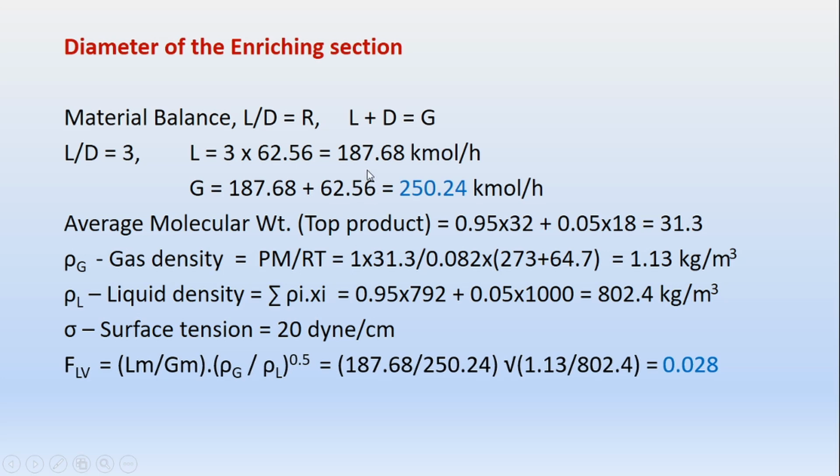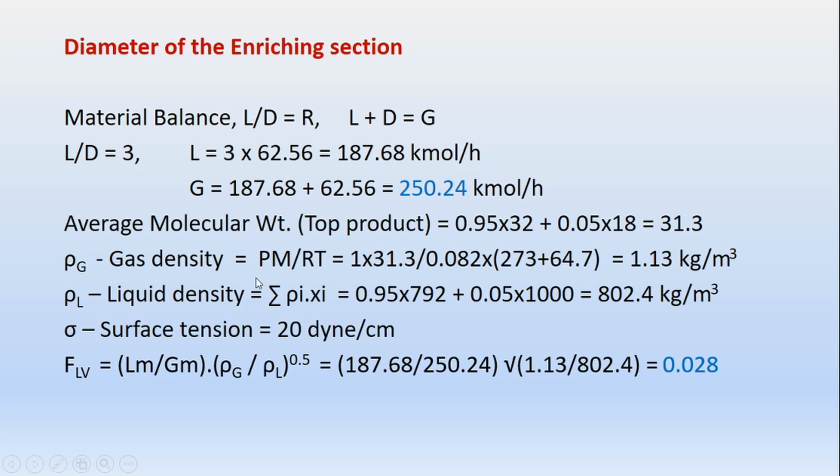Okay, the total gas coming from the top of the column gets divided into the reflux which goes back into the column and the distillate product which is taken. So this G is L plus D. We can find out the G, which is 250.24 kilomole. Okay, alright, so we need to get it in terms of mass. So we find out the average molecular weight of the top product. We will consider the mole fractions of the distillate composition here. 0.95 is methanol, 0.05 is water, so you get average molecular weight as 31.3 kg per